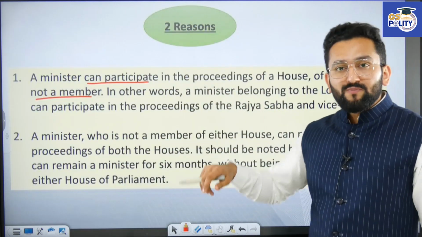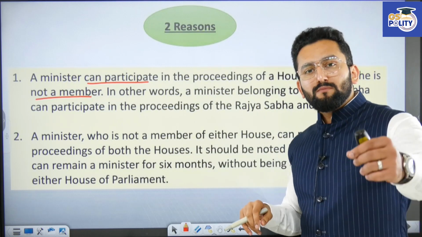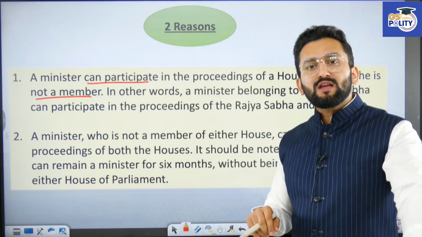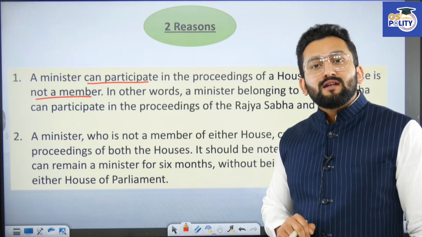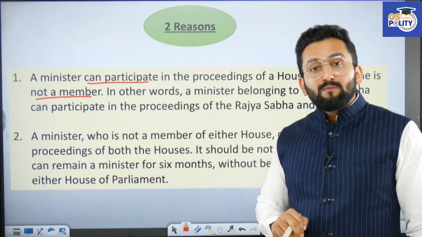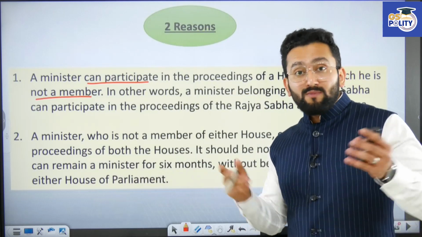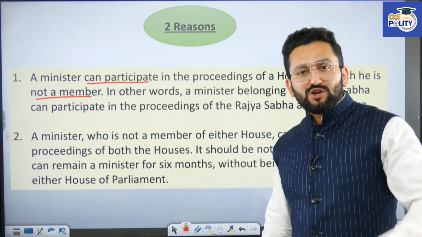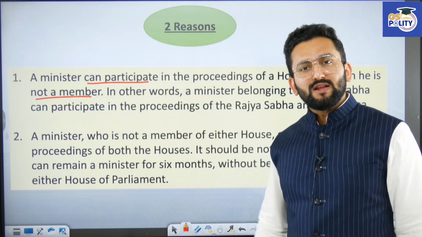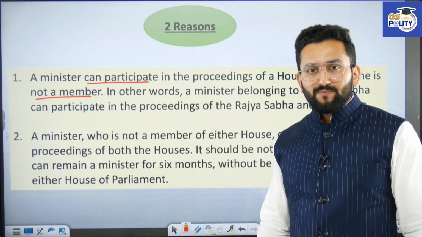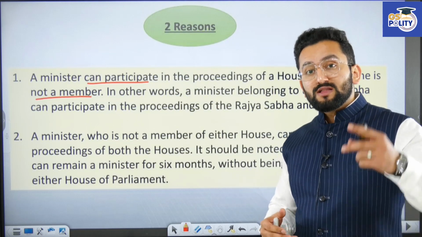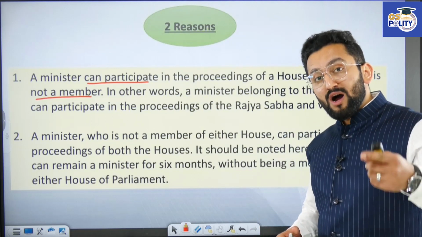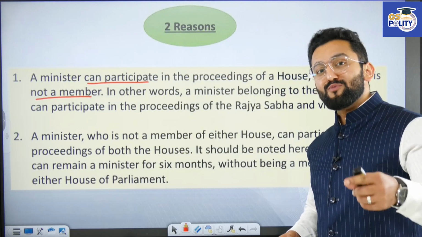Now, for example, consider you are a member of Rajya Sabha and you are given the charge of the defense ministry by Modi ji. Now, you are a member of Rajya Sabha, but I am a member of Lok Sabha and I am in opposition. So I want to ask you some questions: what have you done with the Rafale deal? You are a member of Rajya Sabha, so how can I ensure that you give your answer to the whole Lok Sabha? So there is a process to that.